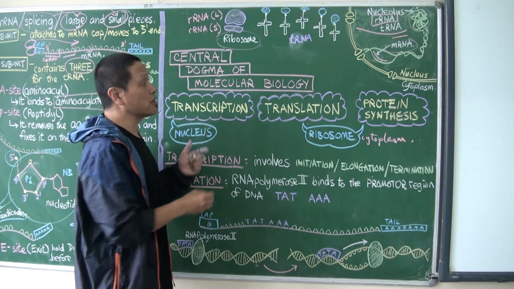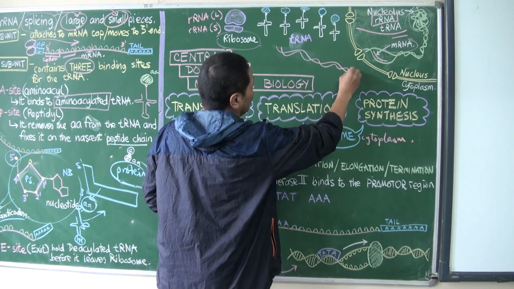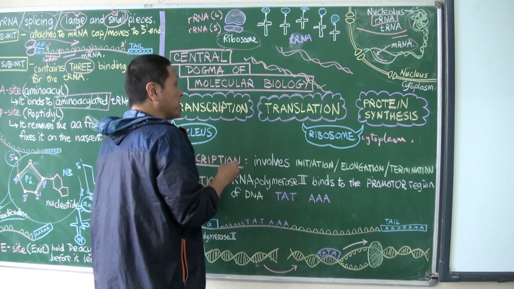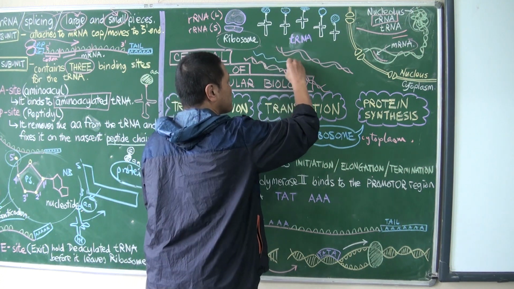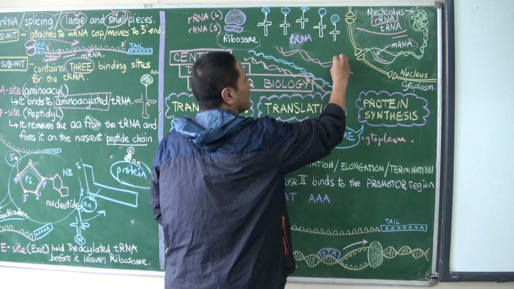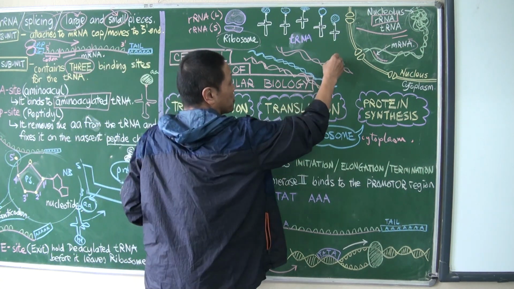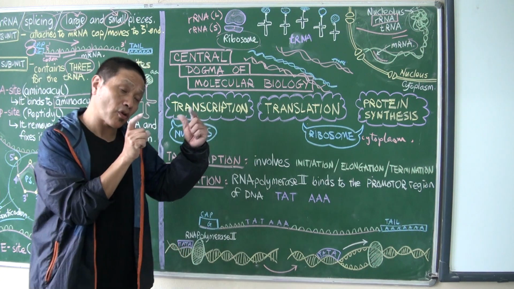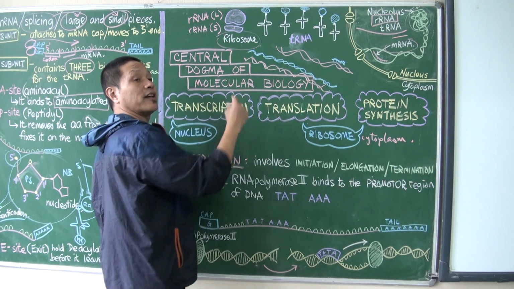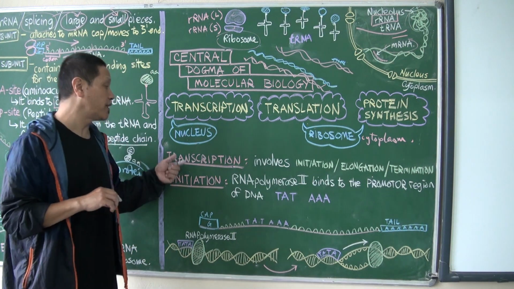Now transcription is different. This is DNA. Here's another DNA. DNA replication means all of this DNA is copied, whereas transcription means only a section of the DNA is copied. So this is transcription: just copying of a short portion of the DNA, whereas the copying of the entire DNA is known as replication. That's something else, which we shall deal with in a later video.